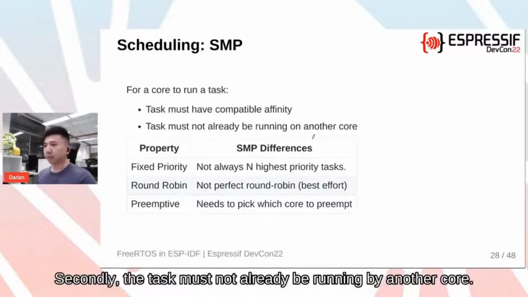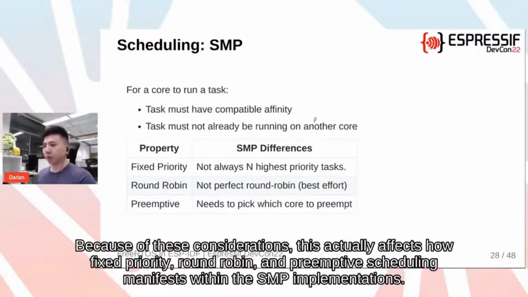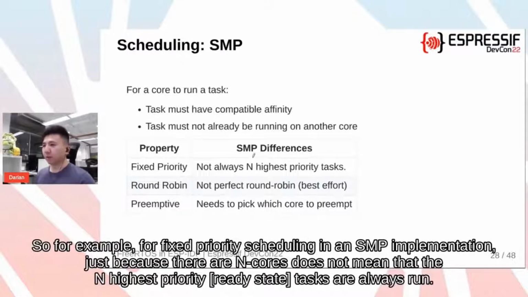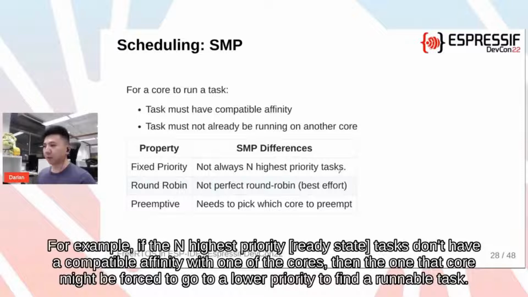And the second is the task must not already be running by another core. Because of these considerations, this affects how fixed priority, round robin, and preemptive scheduling manifest within the SMP implementations. For example, for fixed priority in an SMP implementation, just because there are n cores does not mean that the n highest priority tasks are always run. If the n highest priority tasks don't have a compatible affinity with one of the cores, then that core